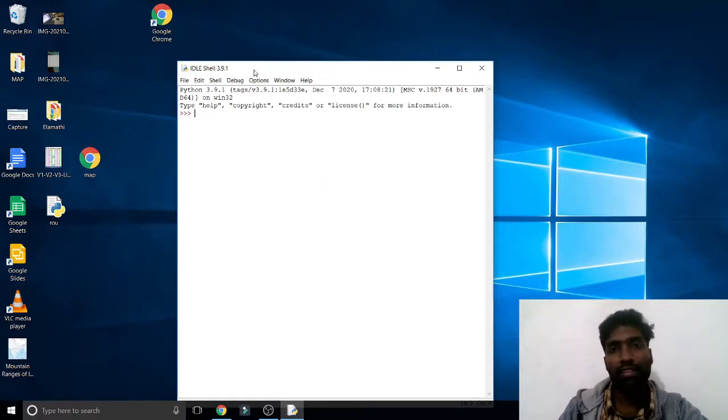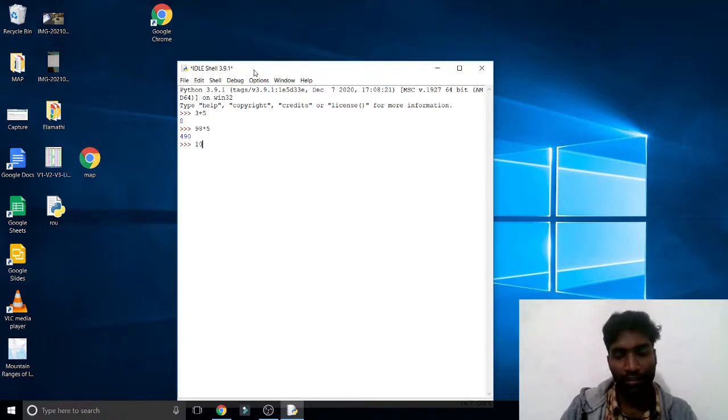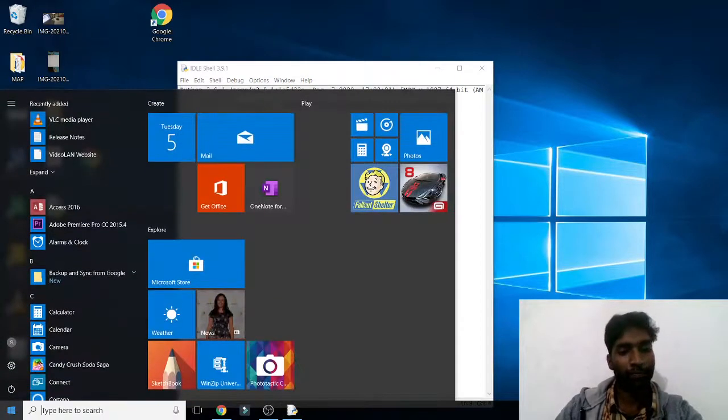This is interactive mode. 3 plus 5, it will directly give the answer. 98 into 5, direct answer. 10 greater than 11, false. Is 10 greater than 11? I will open the magnifier.